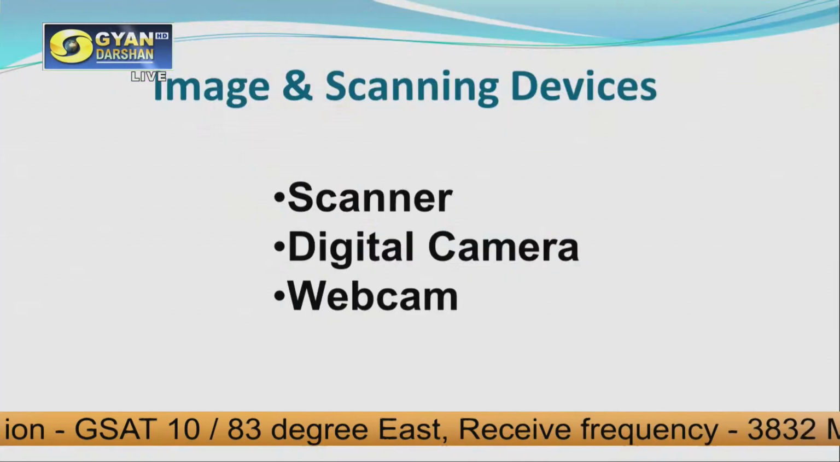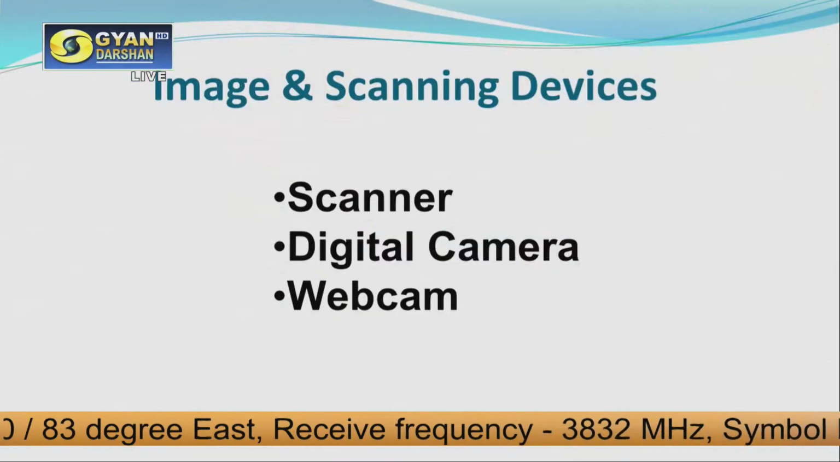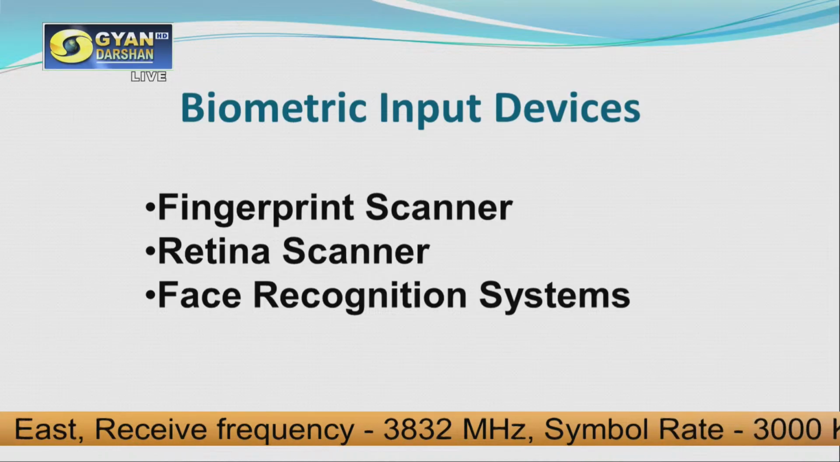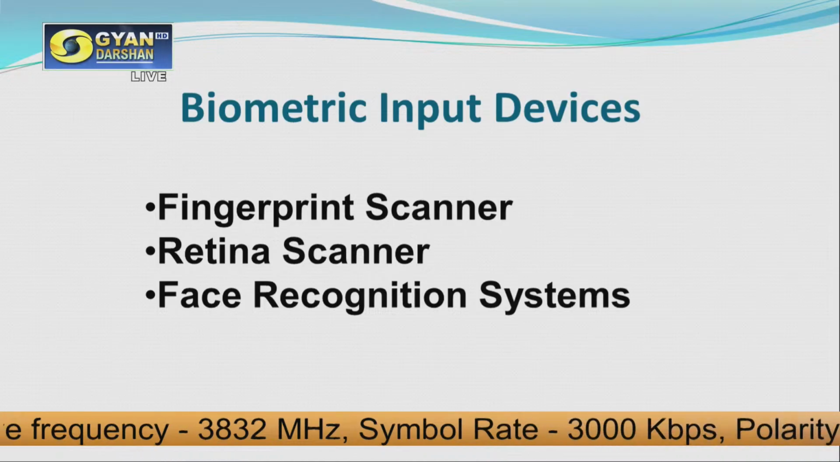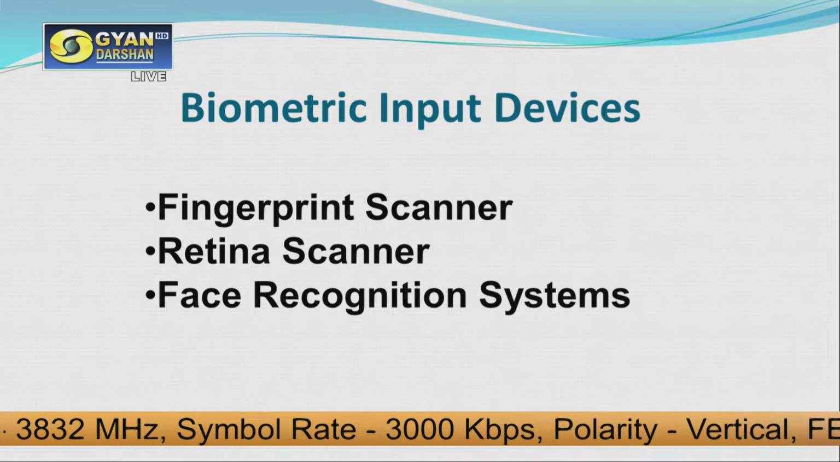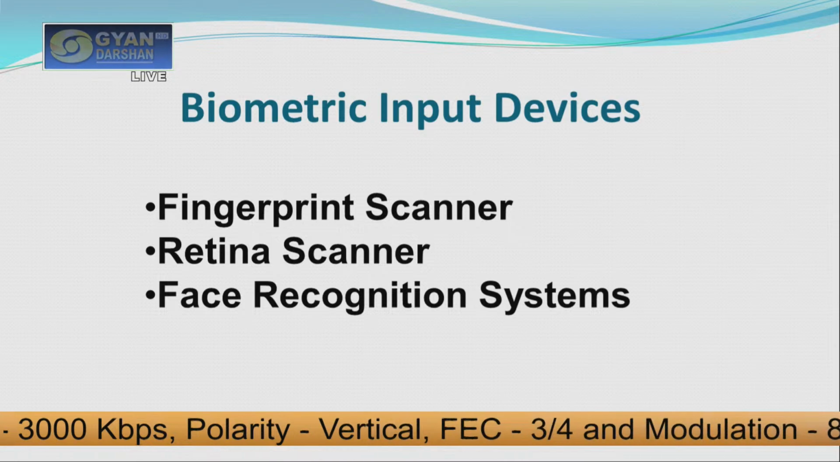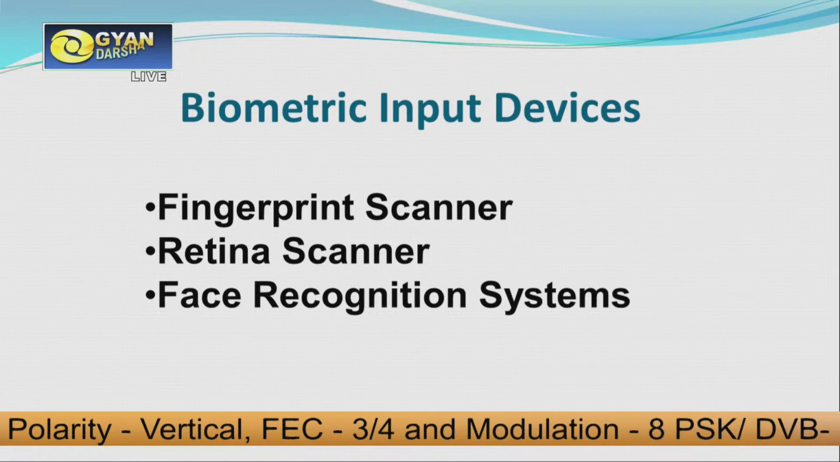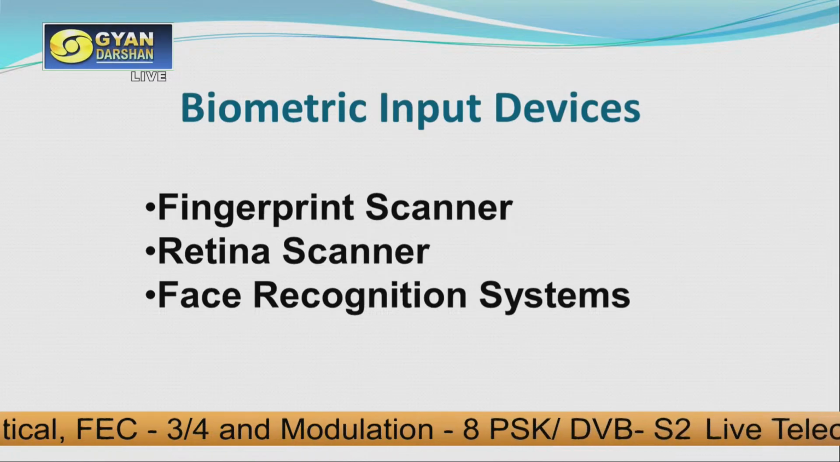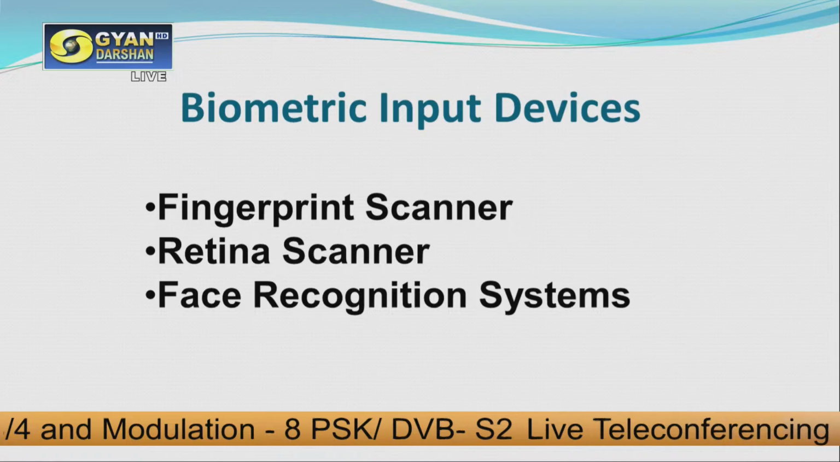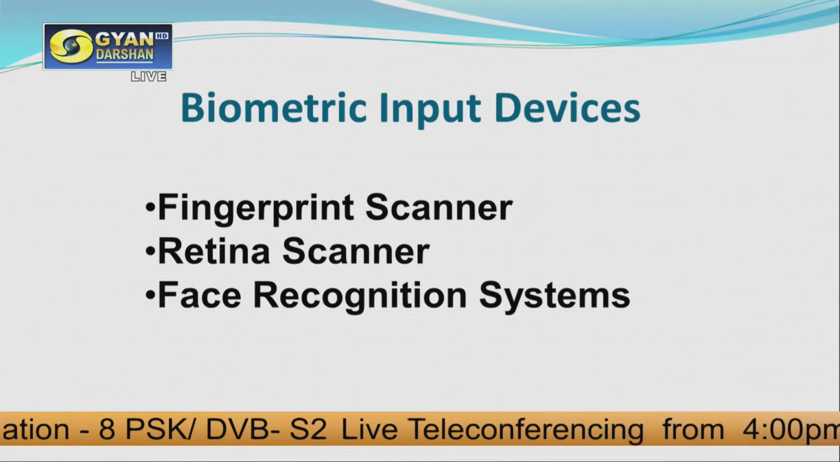Image and scanning devices, there are three. One is scanner, digital camera and web camera. Coming to the biometric, there are input devices like the fingerprint scanner. Everybody has the experience of giving details for the Aadhaar card. So there, in order to take the biometrics or the thumb impressions and other things, the person who sits before you will have a device connected, and he'll ask you to put the finger or fingers onto that particular device. That is called the fingerprint scanner, wherein the complete thumb impression as it is